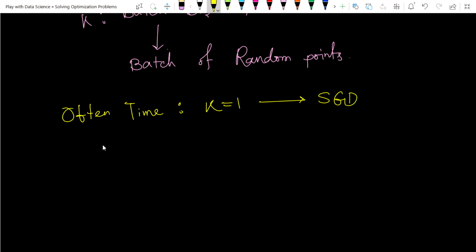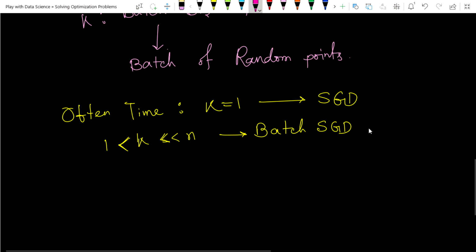If k is not 1 but less than or equal to n, this technique is called batch SGD. Simple, when only k is equal to 1, then it is called the stochastic gradient descent technique. If k is greater than 1 but very small compared to n, it is called batch SGD. Batch SGD with what? Batch SGD with some batch size.